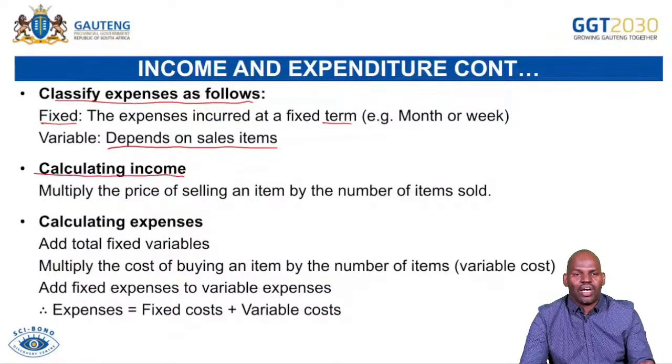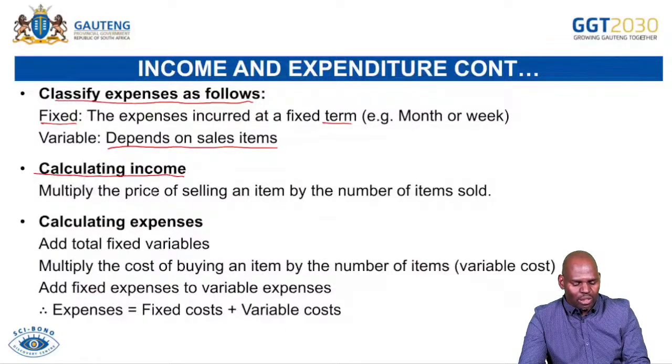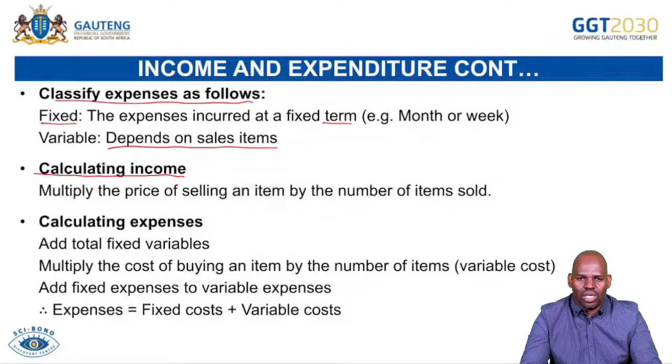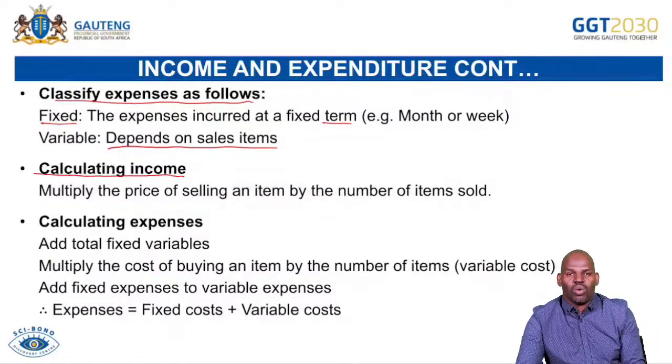How do we calculate an income? If you have to calculate an income, you multiply the price of the selling item by the number of items sold. Let's say, for instance, you are selling sweets, so you want to know your income. Obviously, you're going to take the selling price of one sweet, you multiply by the number of sweets. So that is how we calculate an income. But how do we calculate expenses? It's a total of fixed and variable, and then you have to multiply the cost of buying an item by the number of